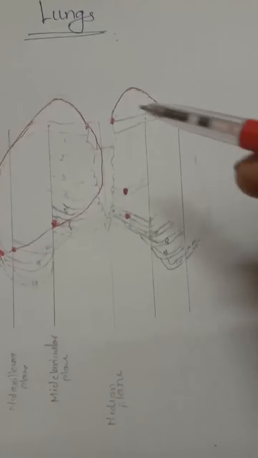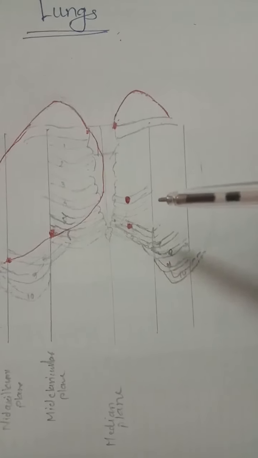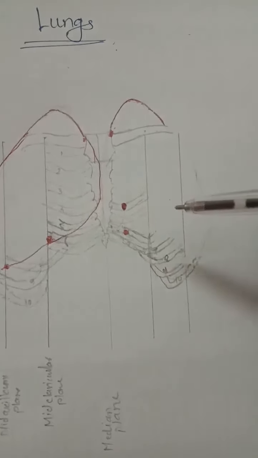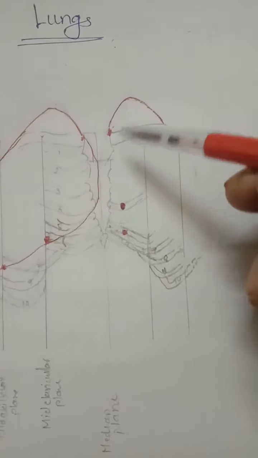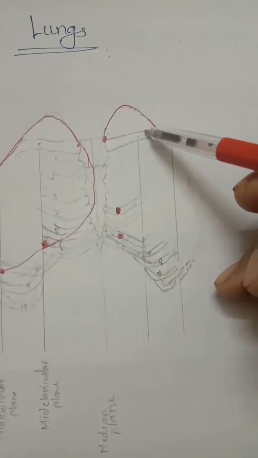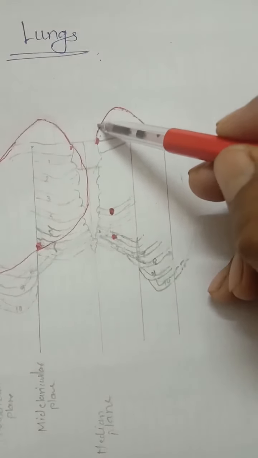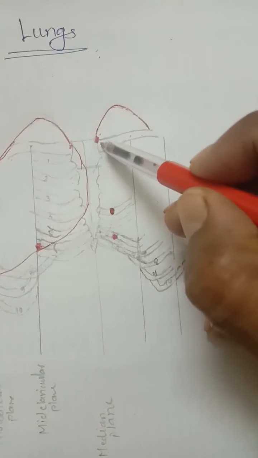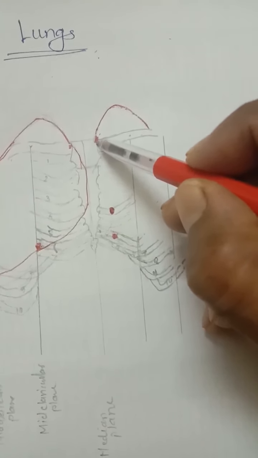Then to draw the left lung, you know there is a slight difference between the right and the left lung, because the left lung has the cardiac notch. So to draw the left lung, the first point is the same: draw the apex of the lung on the upper medial 2/3 of the clavicle. So that is the apex. Then take a point at the center of the sternoclavicular joint. So here is the sternoclavicular joint.